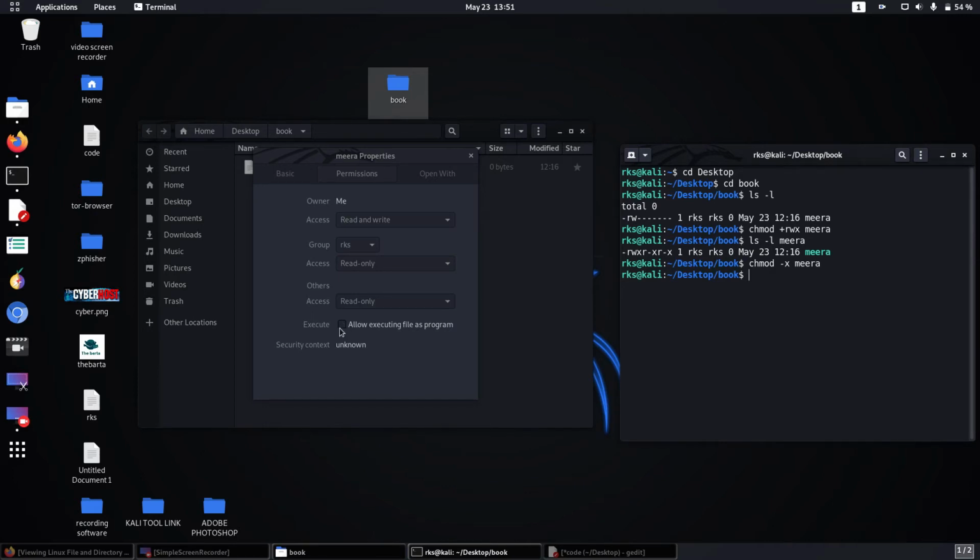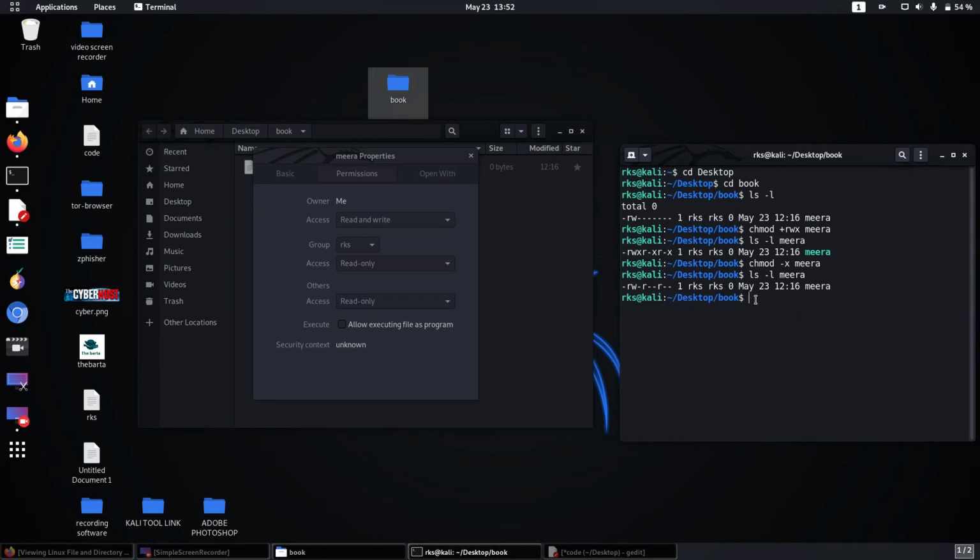That means execute power is withdrawn. Then check it: ls -l Mira. Here is only rw. The x symbol is not here because this file has no execute power.